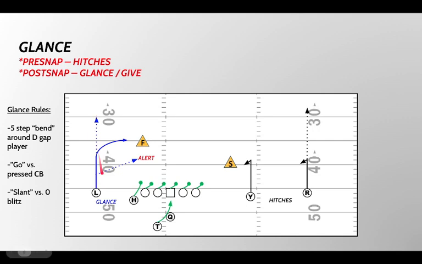If he sees some sort of blitz from the single side, then he's going to alert and run a slant, just a three-step slant, and the quarterback's going to look to key him on that. That's something we haven't utilized enough, but we'll be looking to do versus some fire zone and whatnot to the boundary. But again, the quarterback's decision-making process, as we've highlighted in this course, is